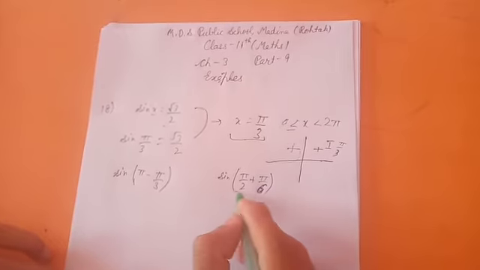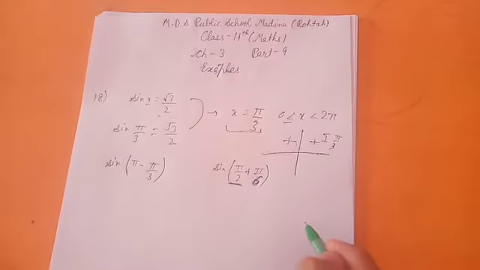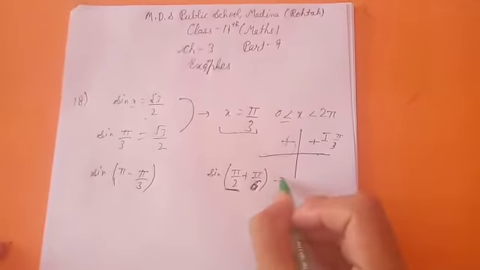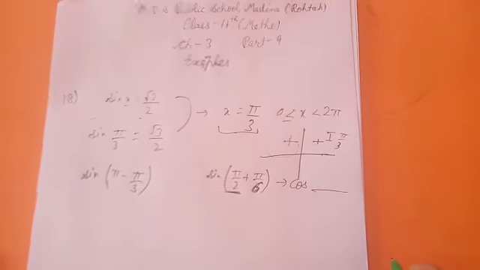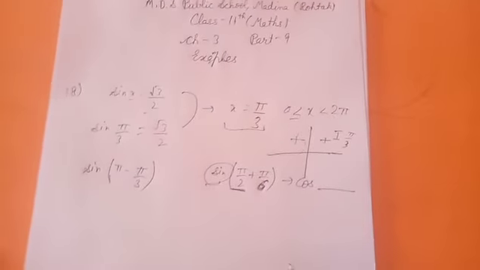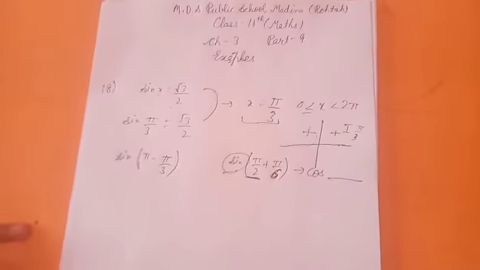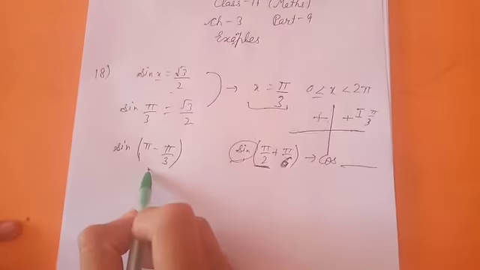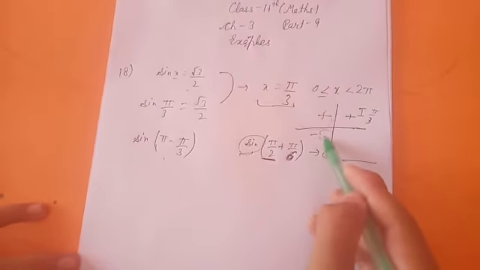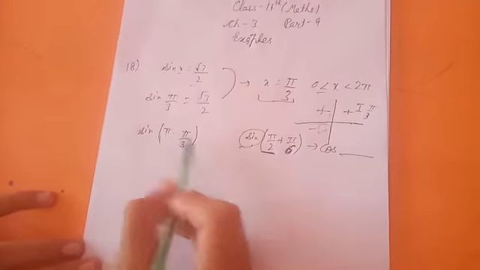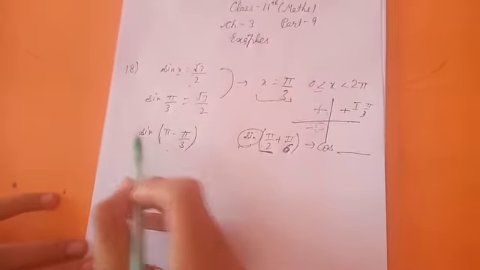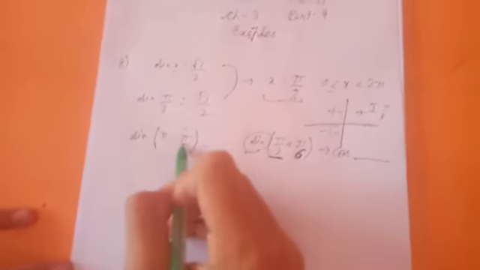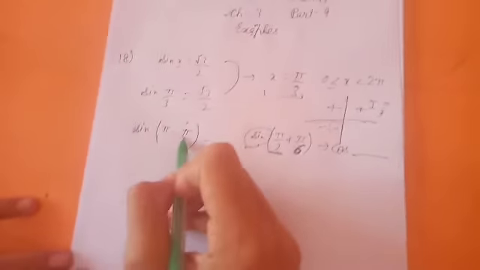Why? Because we know at pi by 2 our phase changes. Phase changes means our sine will be converted into cos of something. But we want this in sine only. So either I can write just the angle, or I can subtract or add from pi. But if I add, it will be in third quadrant, but there it is negative. So in second quadrant what can I write? Pi minus something. And we know sin pi minus something, or if we say it as x, then sin pi minus x will be sin x, that is our pi by 3.